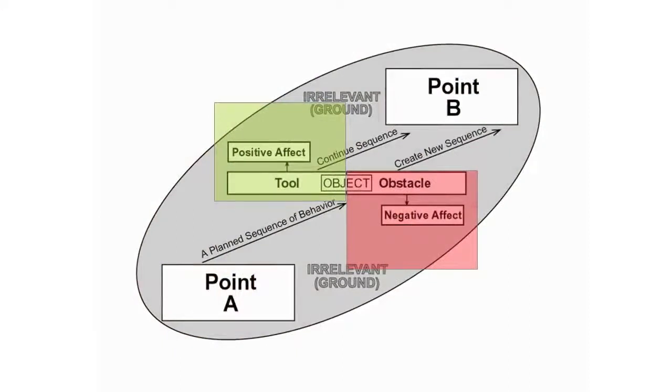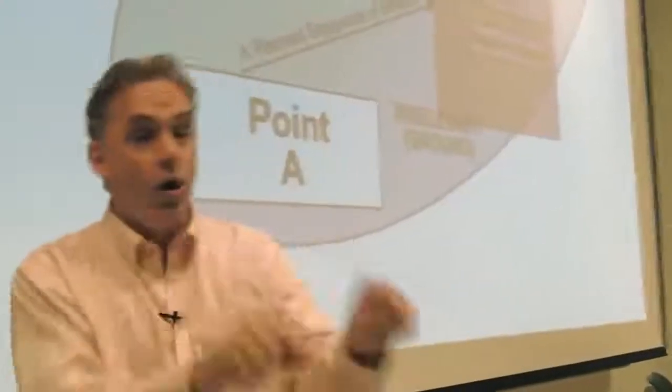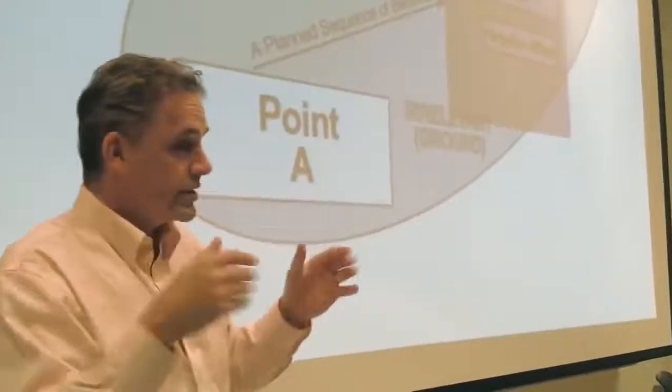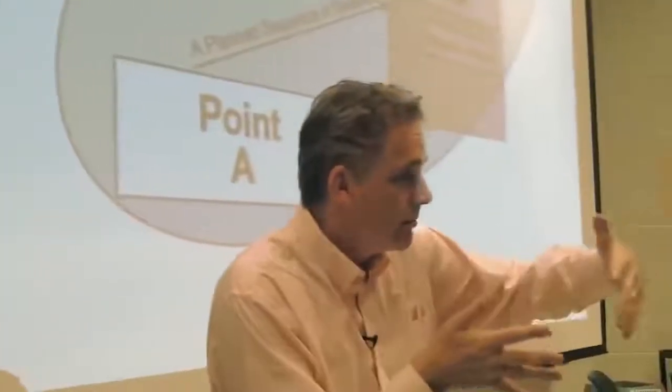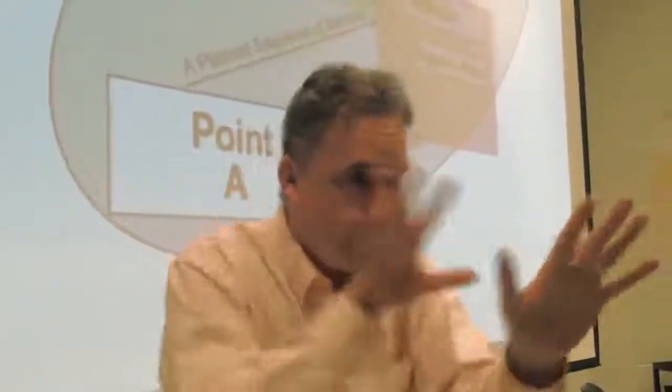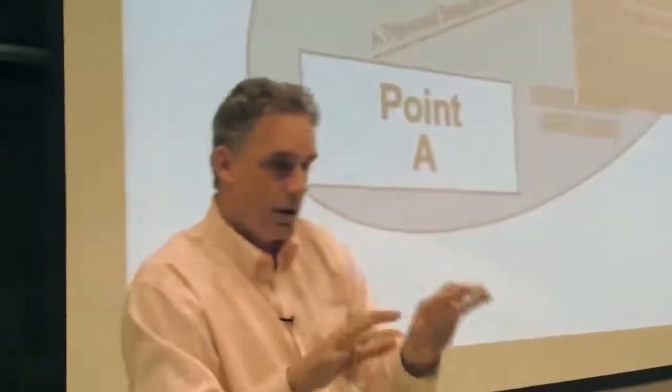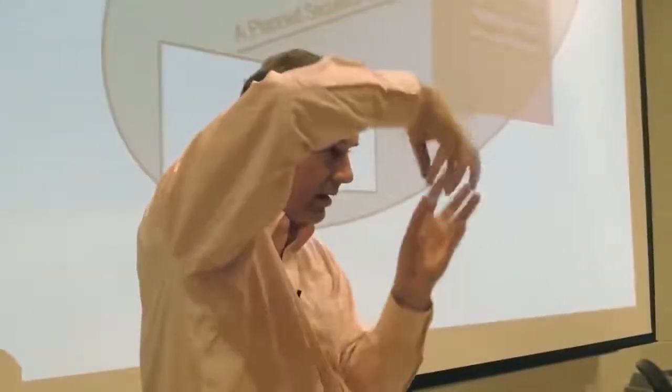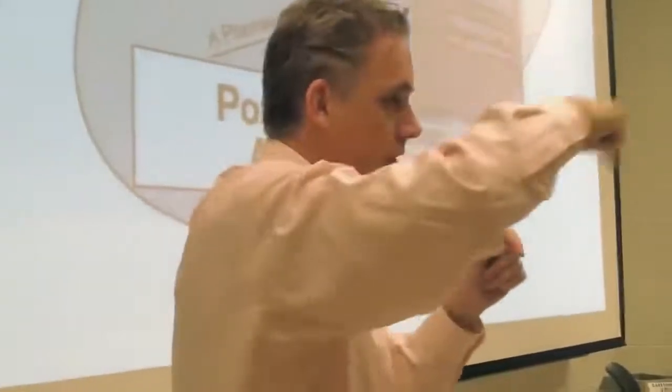Or you can be moving towards point B and something gets in your way, and that might be something that hurts you. That hurt would be pain or disappointment or frustration or grief, or something that signals that you might get hurt, which is threat, and that produces fear. And so the positive emotion is moving you towards the desired goal, and the negative emotion is protecting you. And so if a negative thing happens, you'll stop, and then you'll reconfigure the behavior that you're using or the framework in order to get around the obstacle and to continue. Or if it's a bad enough obstacle, you might say, well, I'm